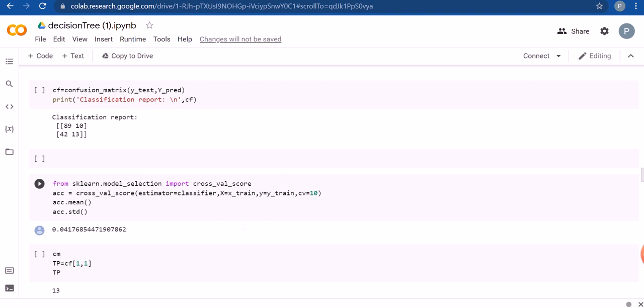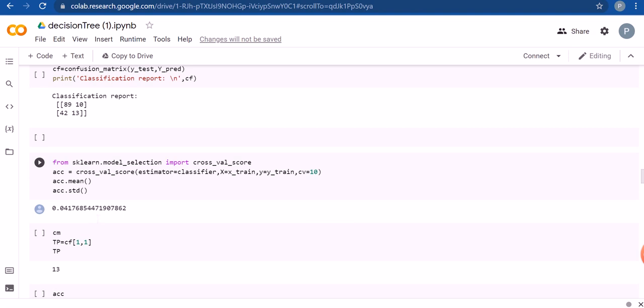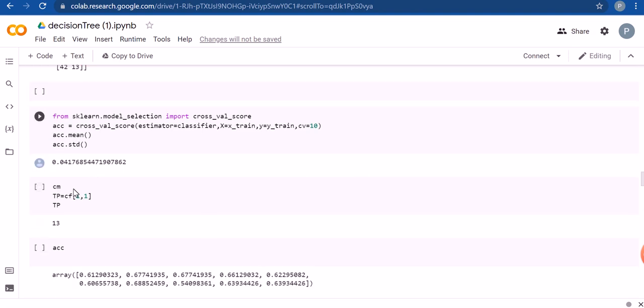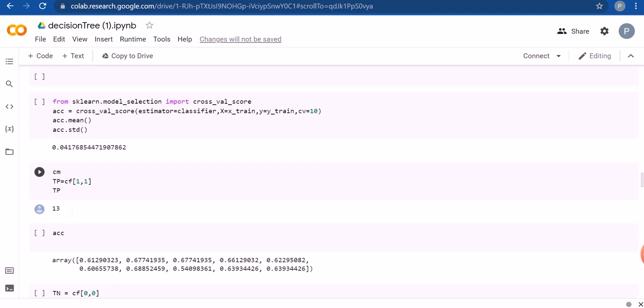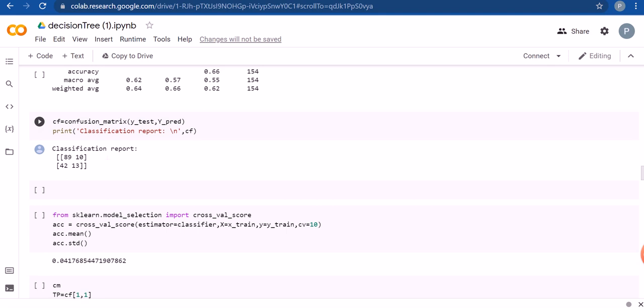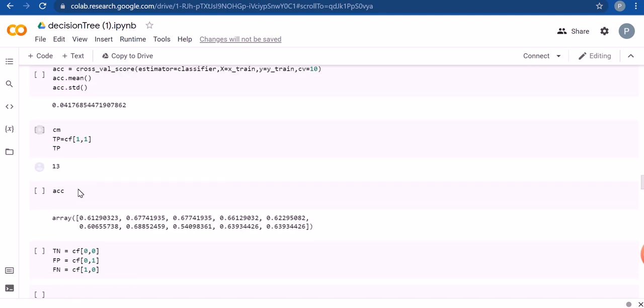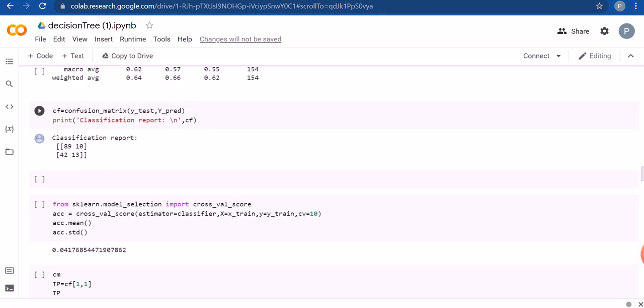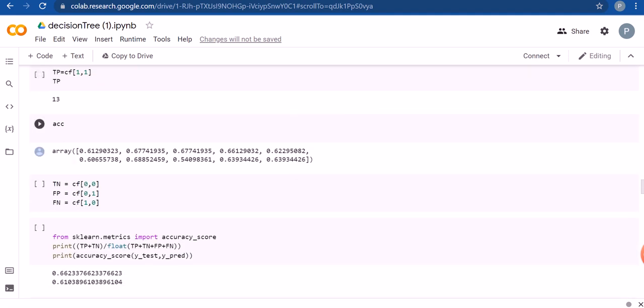cross_val_score with the estimator, x equals x_train data, y equals y_train data, and the mean and the standard deviation values are represented. Over here the cm variable is declared, and tp is equal to cf[1,1], wherein cf is the confusion matrix output, that is this, and [1,1] represents the second row and the second column, that is 13.